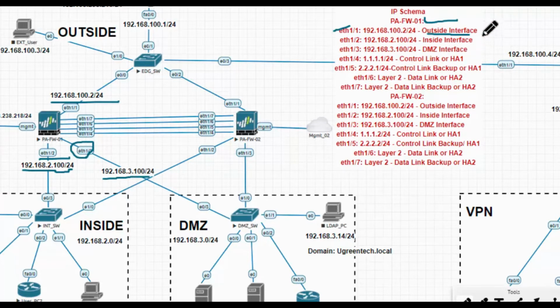So these are three interfaces. And ETH1/4 has 1.1.1.1/24, which is for the control link, HA.